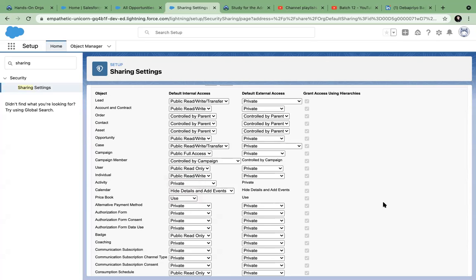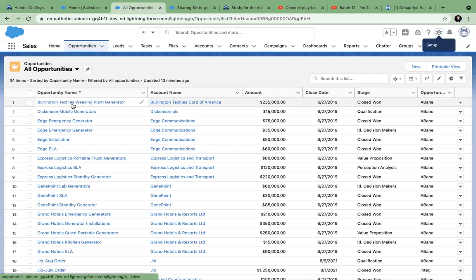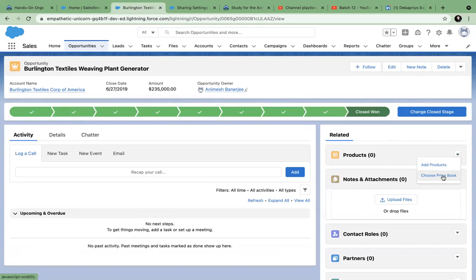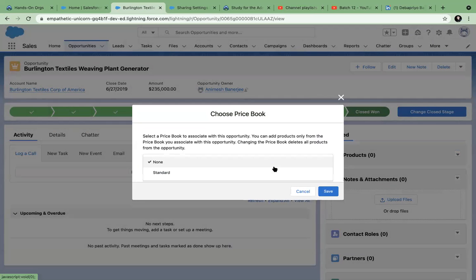Just like in the workbench, price book is used here. When you go to the product, choose price book is there, right? And you can see the list of price books. The different price books will be shown to you only if you have use access. If you are using use, then it will come into this screen.